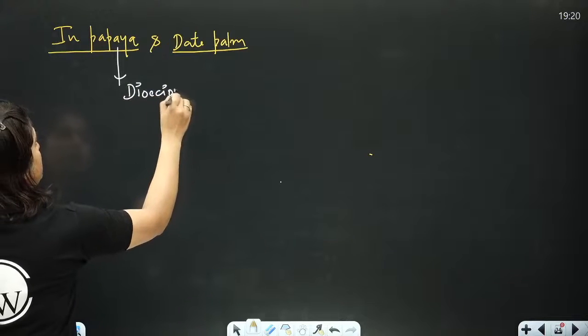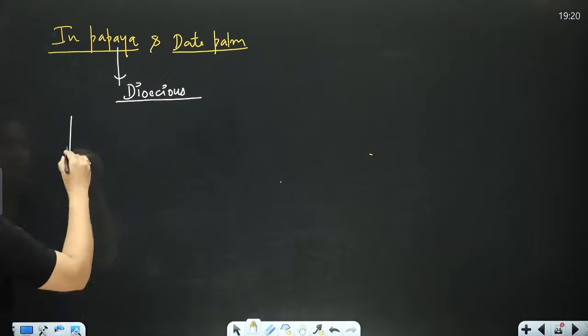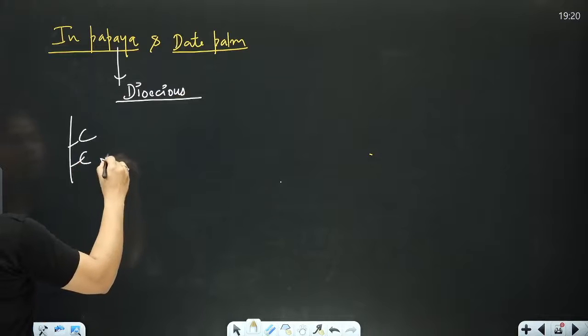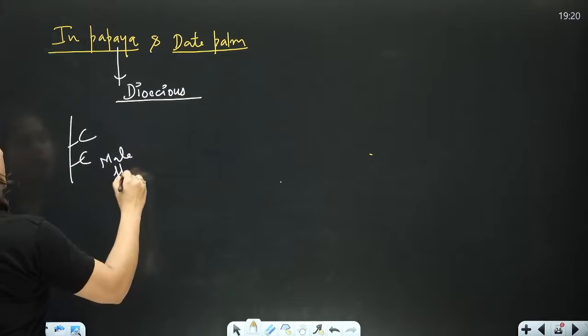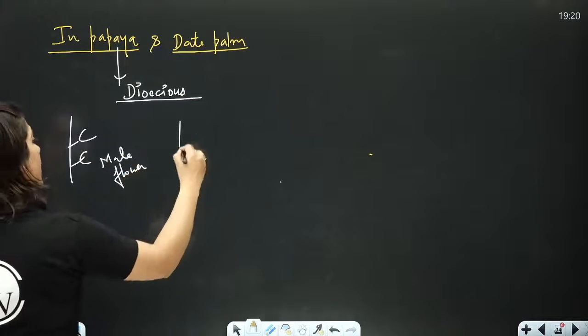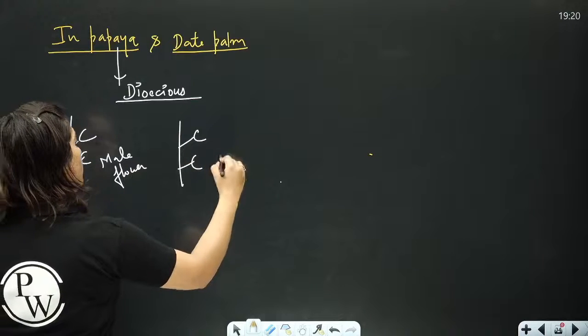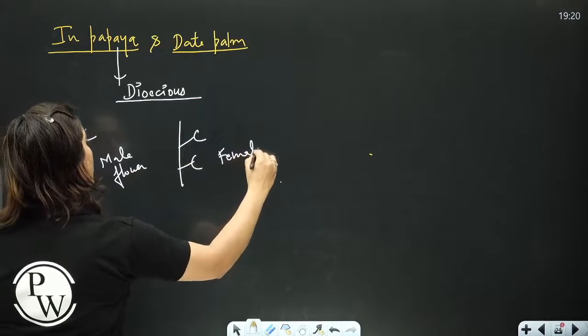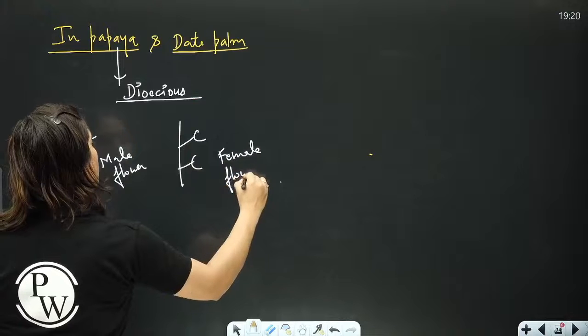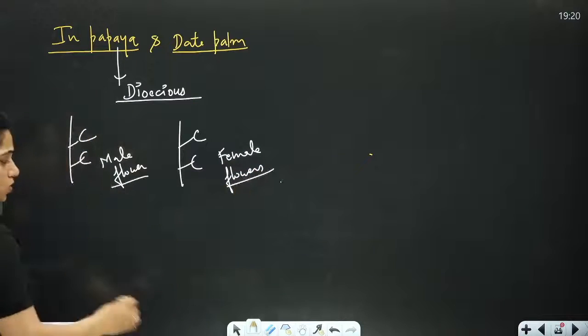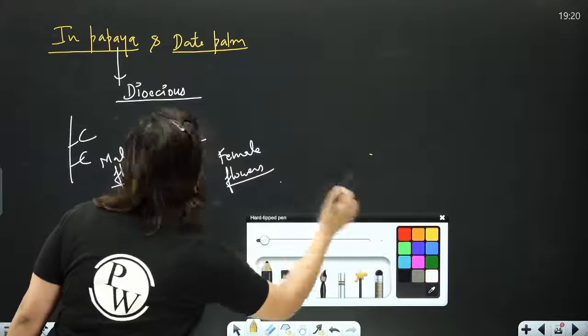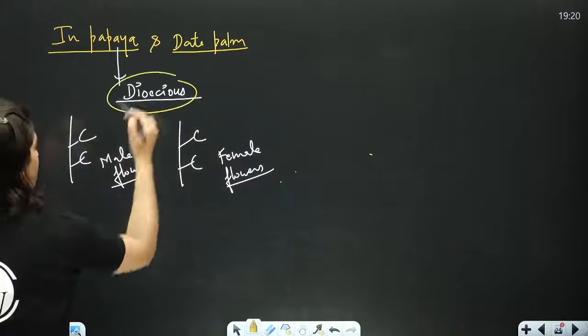That means on a single plant, they have only male flowers. On one plant, all the flowers will be male flowers, and on the other plant, all the flowers will be female flowers. So what is possible in these kind of plants? Obviously,